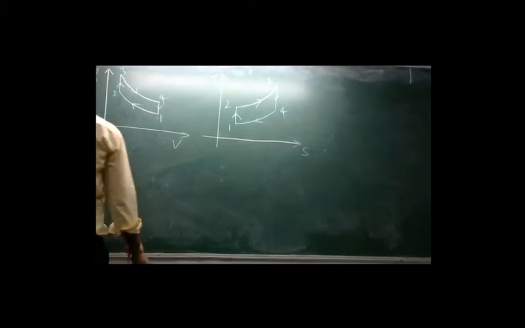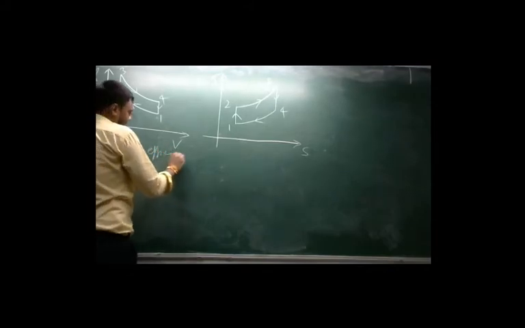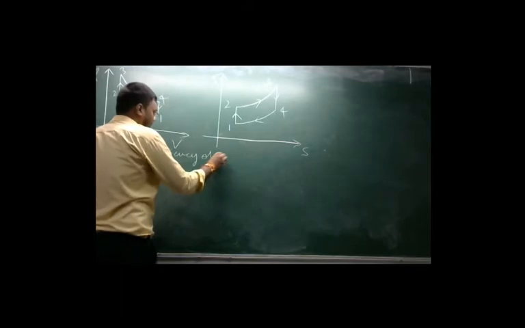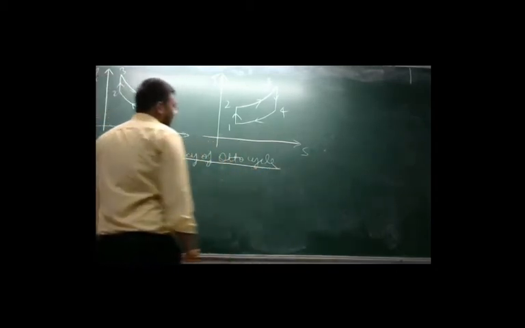Okay, now we have to derive the expression for efficiency of the Otto cycle. So from the PV diagram we are going to understand that 1 to 2 is adiabatic